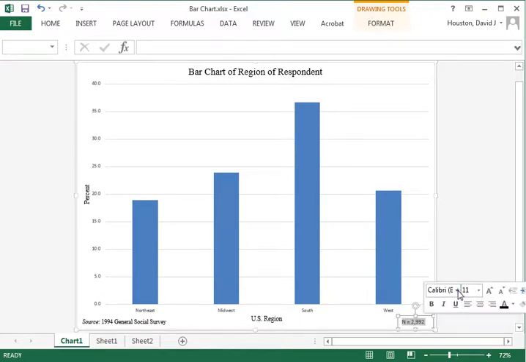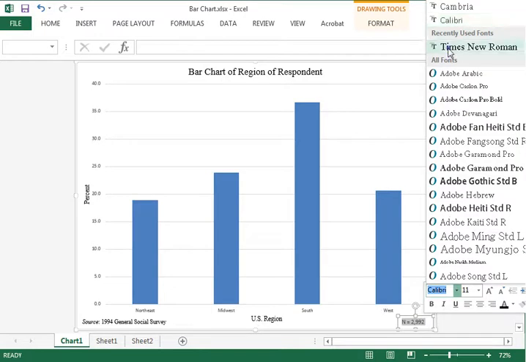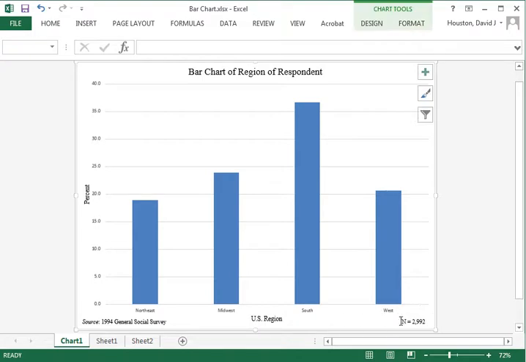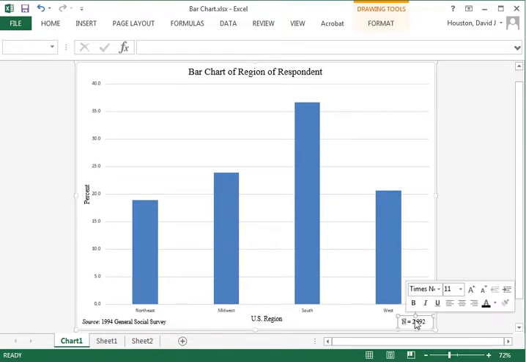Okay. Let's also click on this text box that has the information for sample size. Change that to Times New Roman. 11 is fine. Let's click on the black for the ink, and I also will come back in and italicize the N, and right there, now we've modified that.